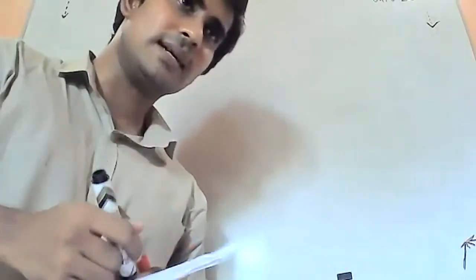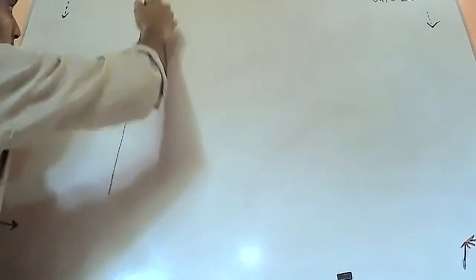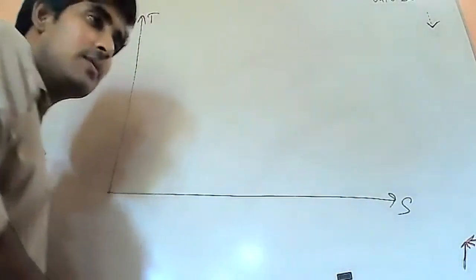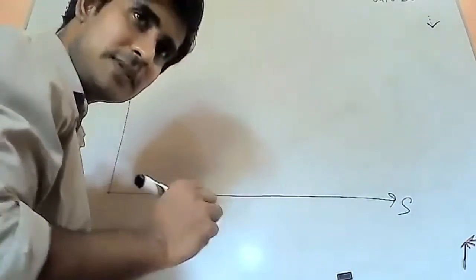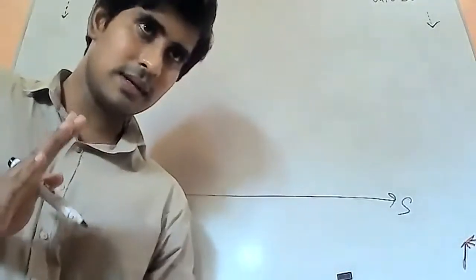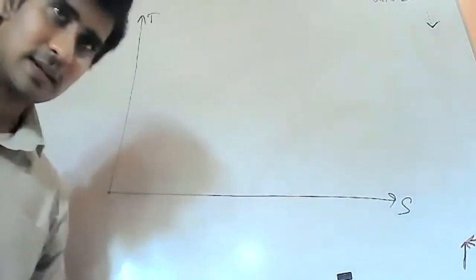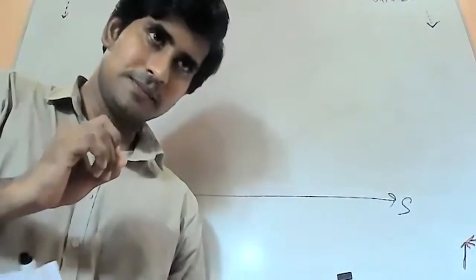Okay, now focus carefully again, right? Now I will sketch only the TS diagram. Temperature, entropy. Okay, only the TS diagram. So now what is the first thing? Carefully listen, guys. I will teach again. Sometimes there might be certain difficulties in the first teaching attempt. What is the first thing?